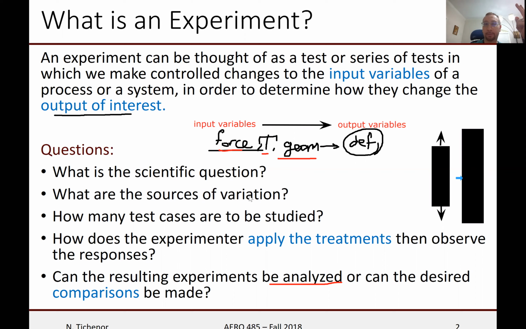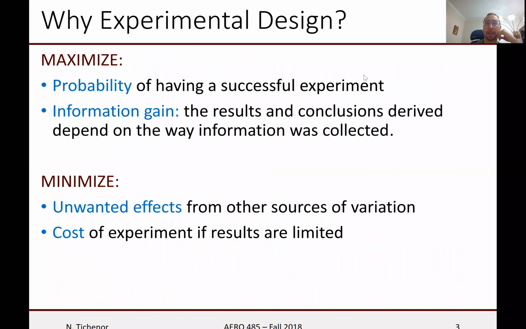What are the sources of variation? Something about the cost of the experiment. How many tests do we need to run? And under what treatments or under what conditions do I need to test this? And how will the data need to be analyzed? And we do these experiments